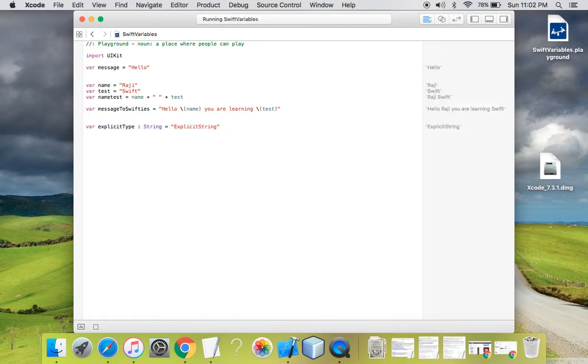So what happens if I try to pass an integer to this particular string? See what happens. It is showing me an error: cannot assign value of type int to type string. Now, you got it? We have created a string variable, and now I'm trying to assign it a value of int, but it won't take this because we have explicitly mentioned the type of the variable as string. You can't put any other value other than string in it. So we have to remove this line. This is an error code.